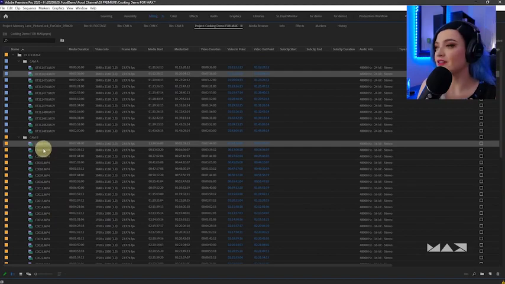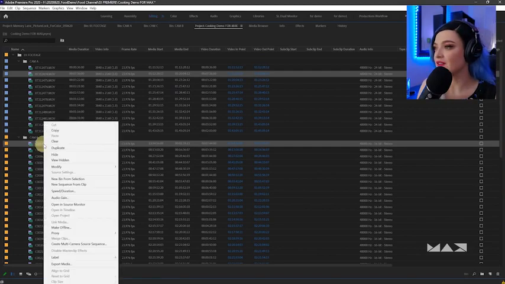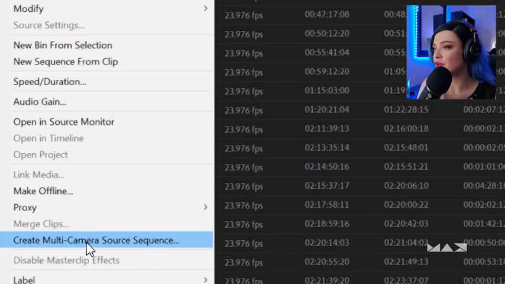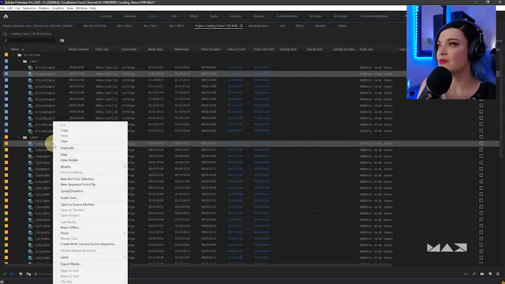Now with all those selected, I'm going to right click and go to Create Multi-Camera Source Sequence. Now it is very important when you're doing this that you have recorded audio on every single camera. It could be just really bad audio from your camera's default microphone. But as long as there's some audio for Premiere to go off of, it's going to be able to match those cameras by waveform automatically. So you don't have to do anything. So we will click